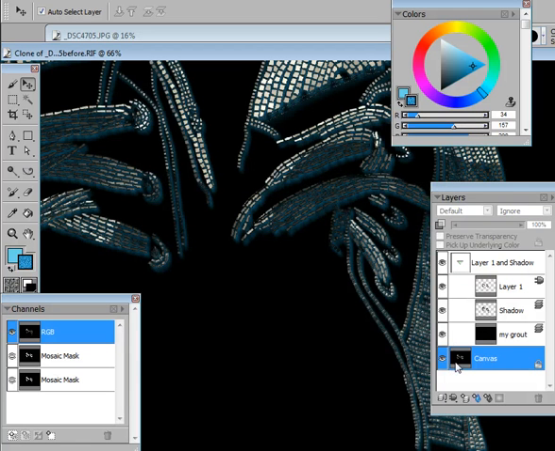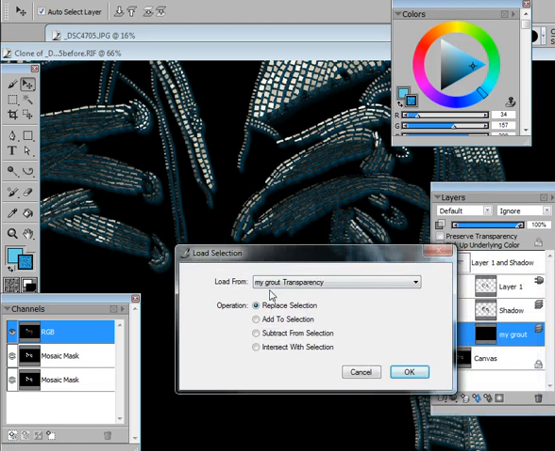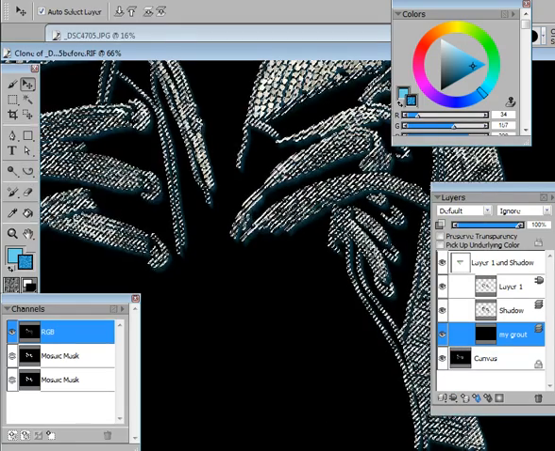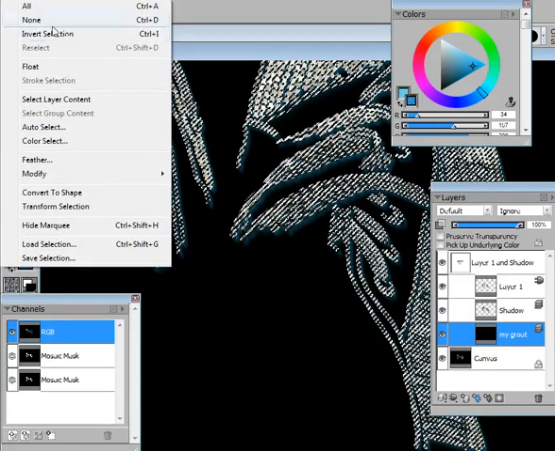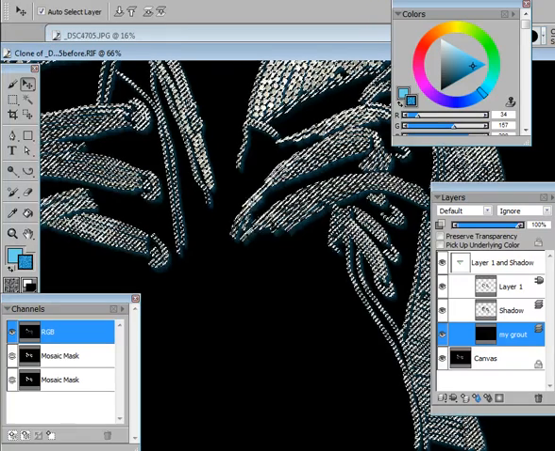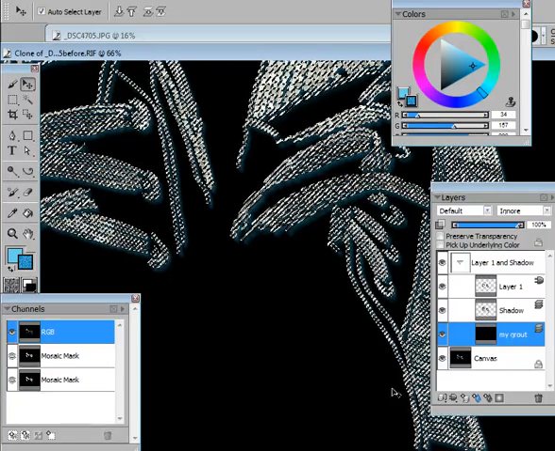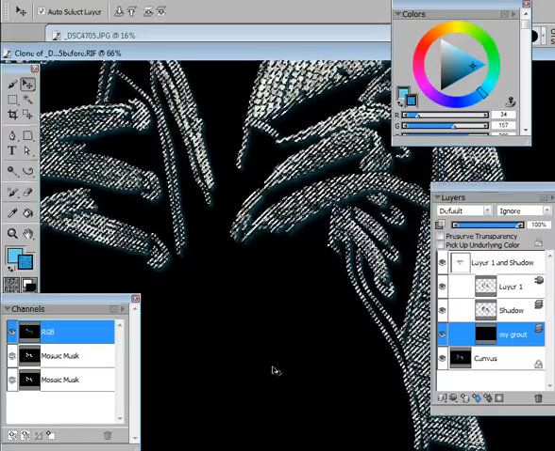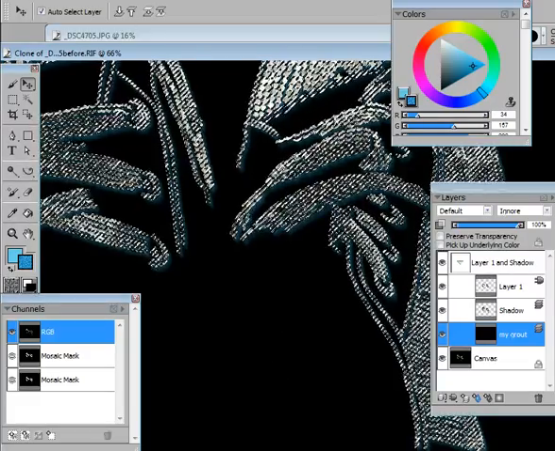But this is where our effects are. So we're going to work with the grout, load the selection. We're going to use the mosaic mask, say OK. Now we're going to pull the select menu down and say invert selection, or Control Command I. And now our selection is actually around all the black area, the grout, and we can come into the